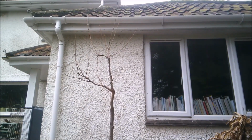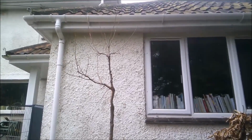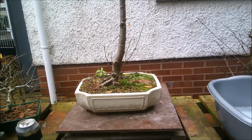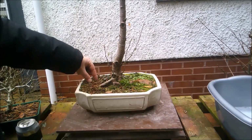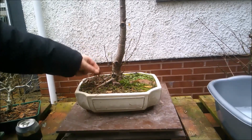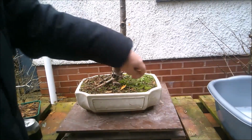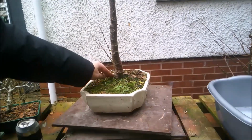So I'm going to chop it down some, but before I do that, I want to clear the pot a little bit, because that's not looking so great at the moment either. We've had a lot of rain after that very cold period. The pot is very weedy, very mossy, covered in needles from the larch which sits nearby, and covered in a lot of moss, which regular viewers will know I'm really not a big fan of moss, and I particularly don't like it on the trunk,